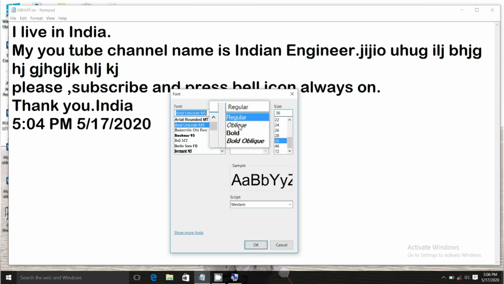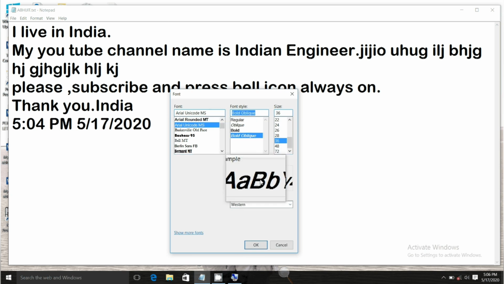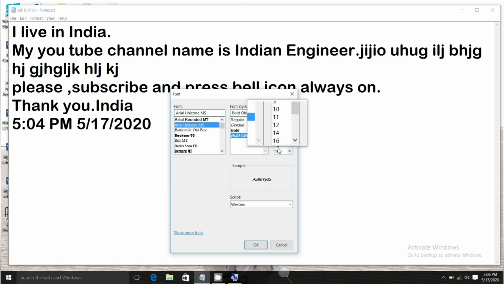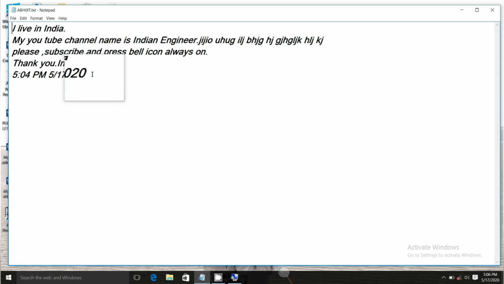I will click on Bold Oblique and you can see the sample. If I choose a small number, your text will be small, and if you choose a large number, your text will be large. This is the font style and font size.